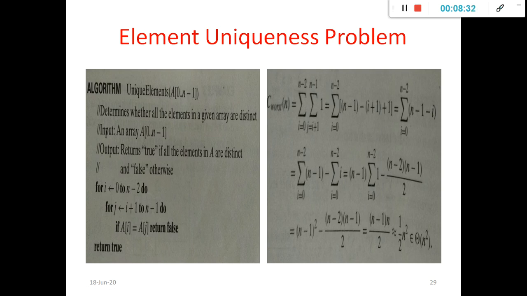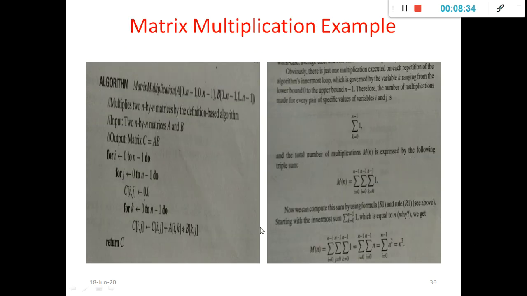Next we can discuss another example and apply the mathematical analysis on this example, called matrix multiplication. Here the inputs are two n by n matrices. Make the multiplication of two n by n matrices and you will get the resultant matrix. Here is the matrix multiplication algorithm. Inputs are two n by n matrices, matrix A and matrix B. Make the multiplication of the n by n matrices and store the result in a resultant matrix C.